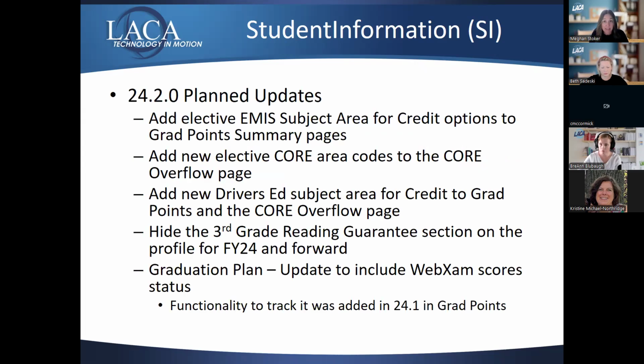The next release that we are going to get is going to have some other information. This is just in the areas that I thought would be relevant for people attending this meeting. So Brianne and Shelley will go over all of the EMIS updates that are to come in your future EMIS meetings. But there are going to be some elective EMIS subject area credit options on the grad point summary pages. There's going to be new elective